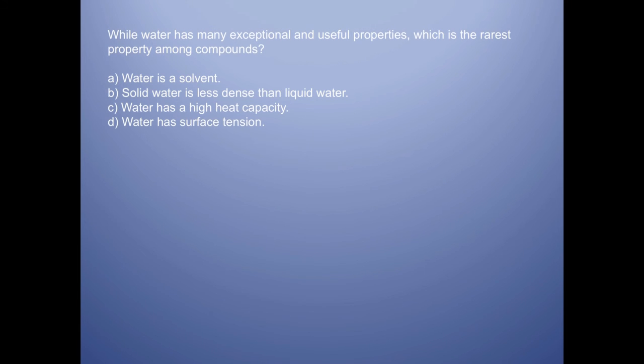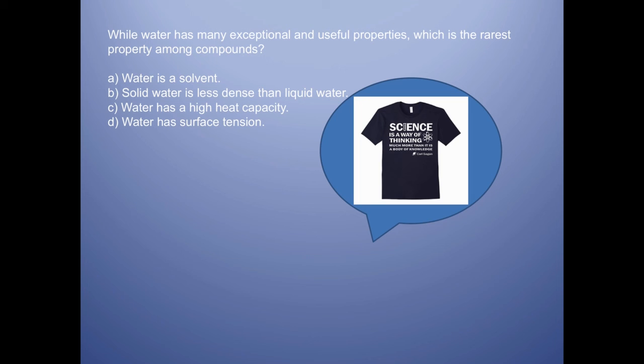You'll see something that looks like this, a typical multiple choice question, and what we're going to ask you to do is to use scientific thinking in attempting to answer it. Remember that science is a way of thinking. Many times students will just jump to confirm what they already think the answer is, rather than going through the answers one at a time and falsifying each answer choice until they get to one they cannot falsify. That is what we're going to ask you to do throughout the discussion boards.